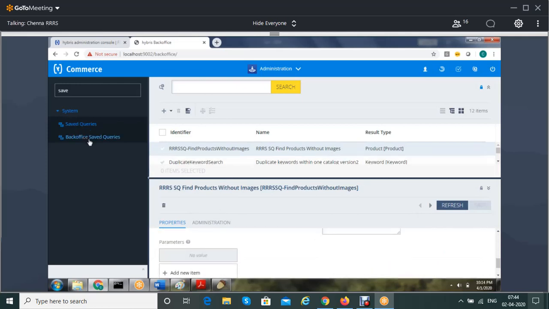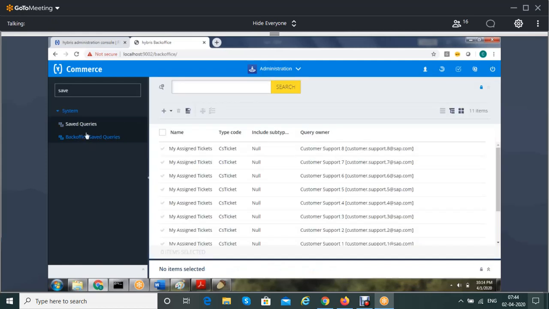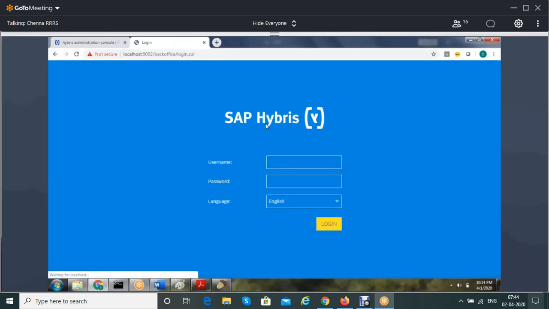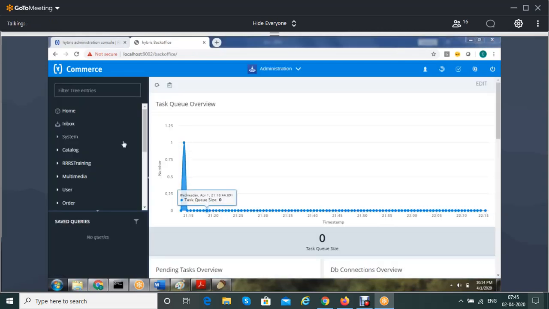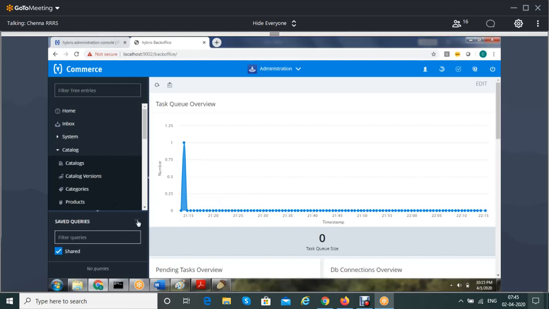But we need to execute, right? Let me log out and log in once. Okay, admin, Nimda is the password. Okay, so now you can see there is something called saved queries.